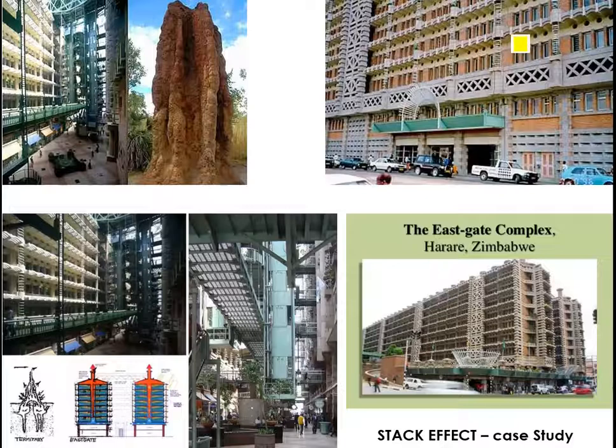The roof is also a vaulted roof, which gives a good roofing effect, and there are a lot of small slit openings, like casement windows, which bring a lot of wind inside the building. So this is a very typical example where the wind flows inside the building and the hot air rises up.